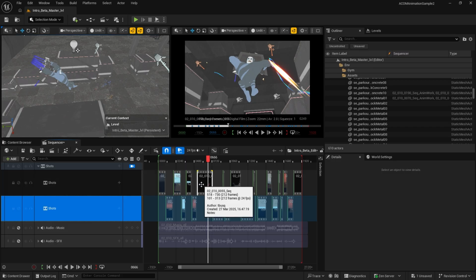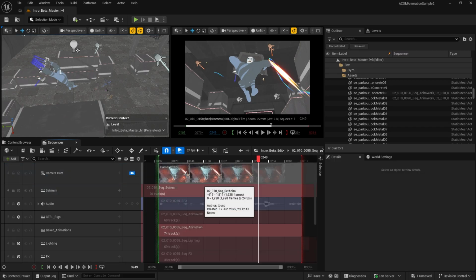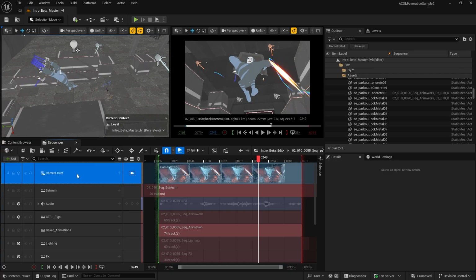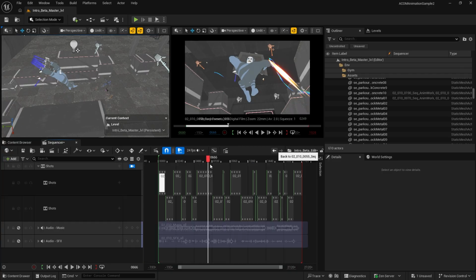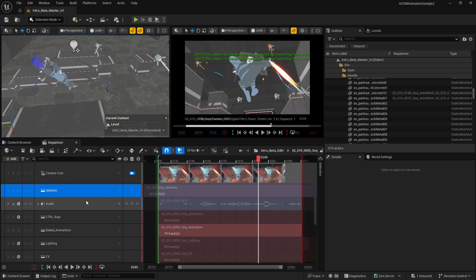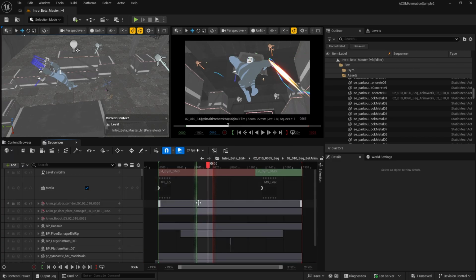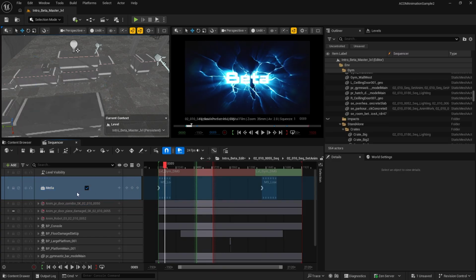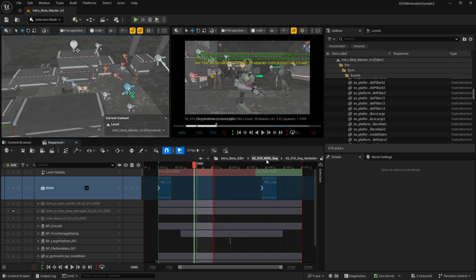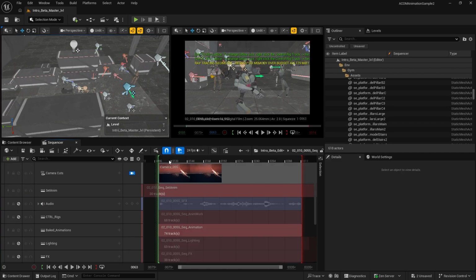So let's click on this one and see what's inside. Here we have again the camera cuts. It is using the camera from within this content. We have another track that contains 20 other tracks, as you can see. And these tracks are certain blueprints and even some animated characters, and also one media. Let's see what this media is. The media is this beta title screen, for example. So you can always go back and investigate further.